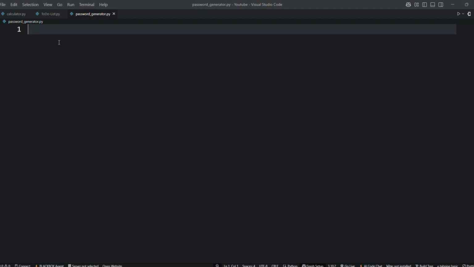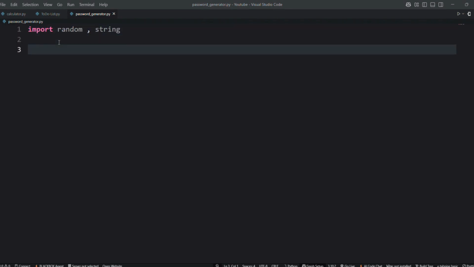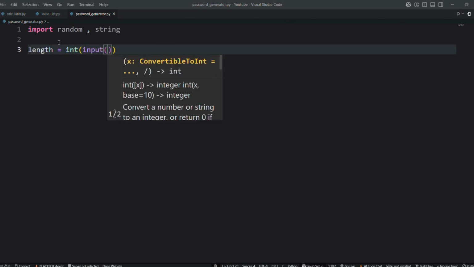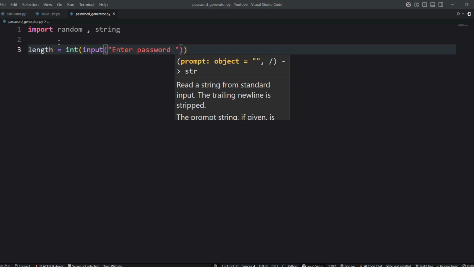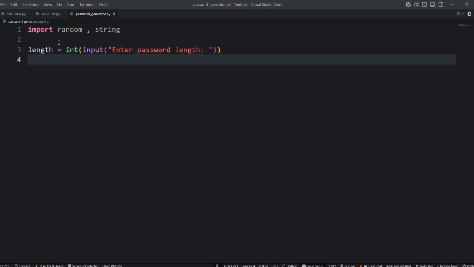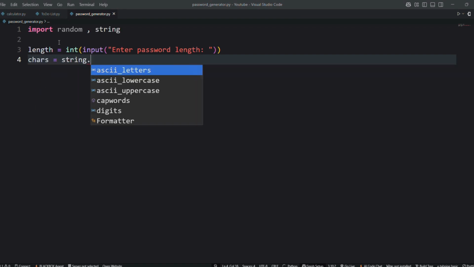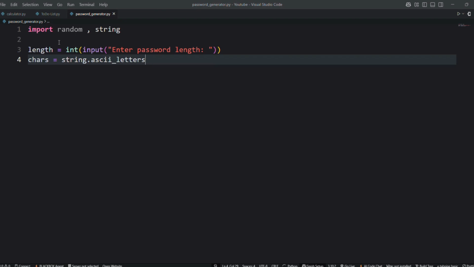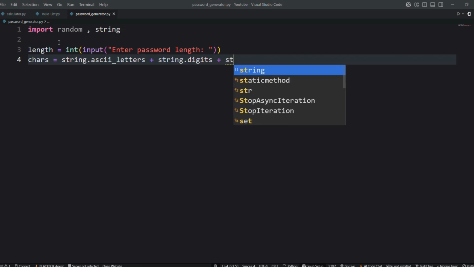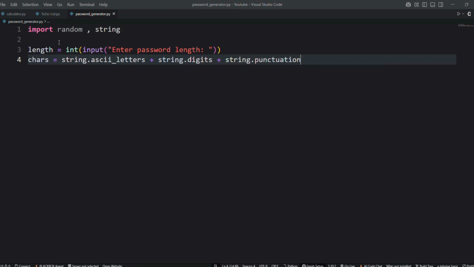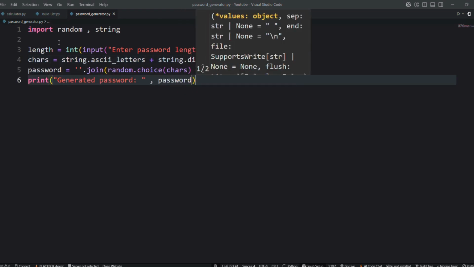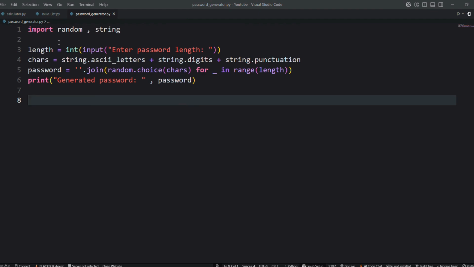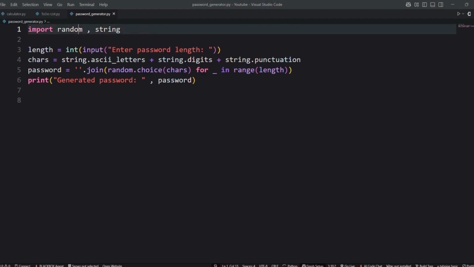Now let's create something really practical, a random password generator. This is great for security. We import random and string.